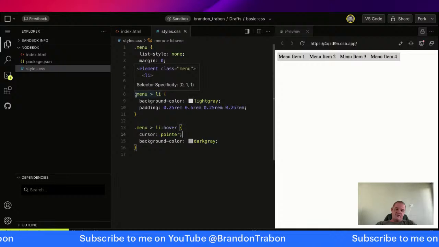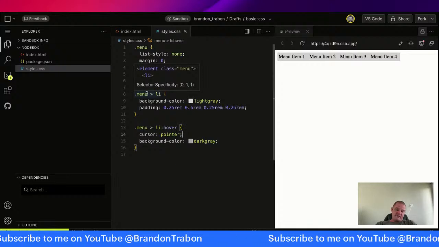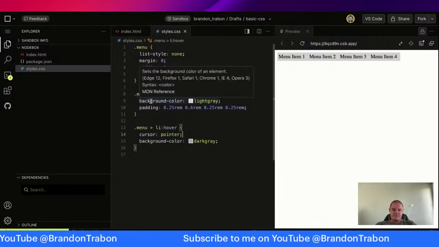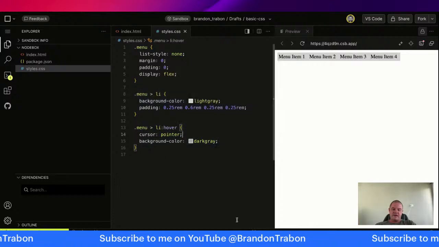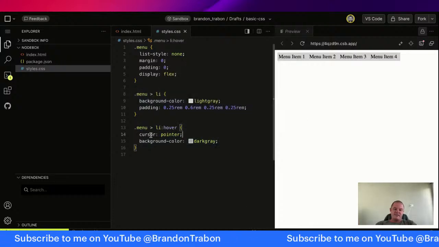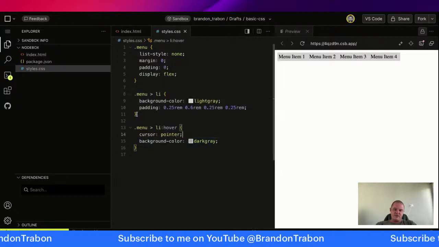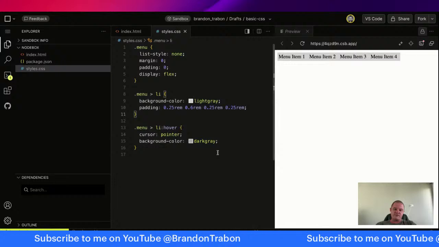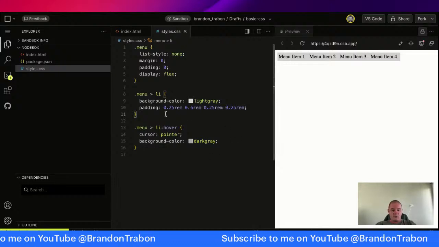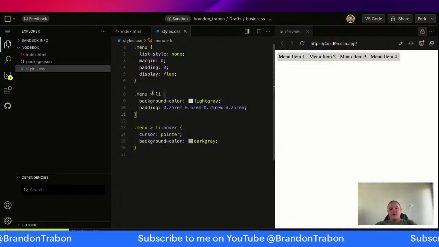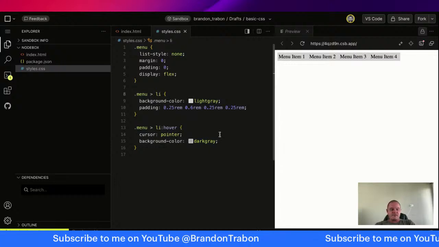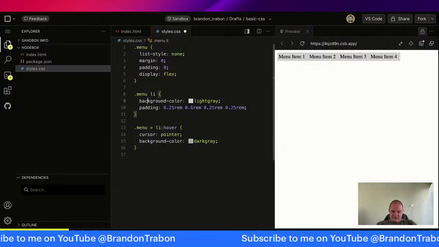Basically, if you have .menu and then the greater-than sign to li, that means that the li has to be a direct descendant of whatever the menu class is applied to for these styles to take hold. Now we could do this differently. We don't have to do the direct descendant. What we could do, quite simply,